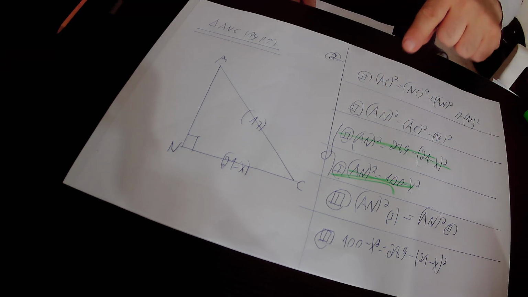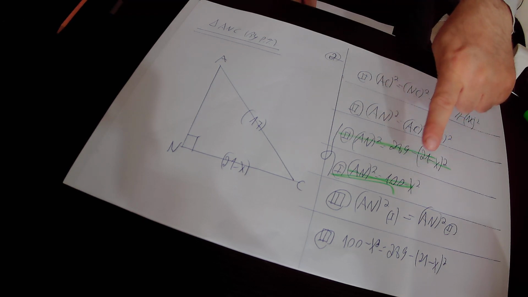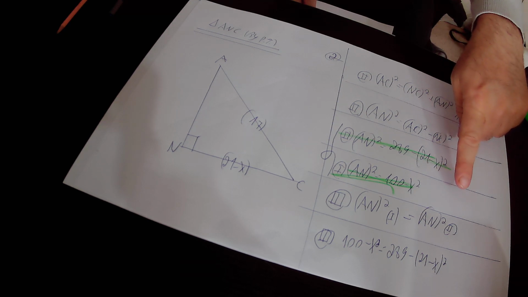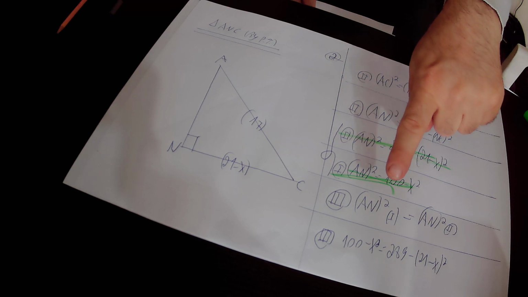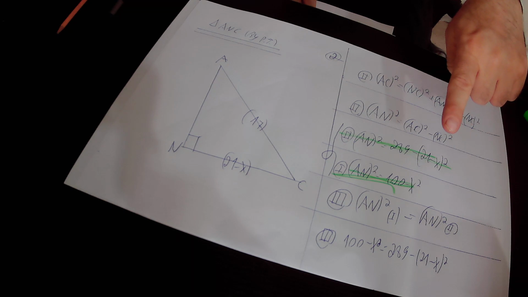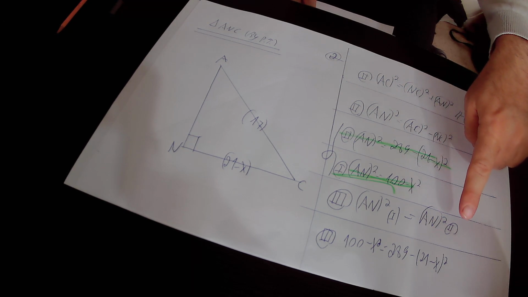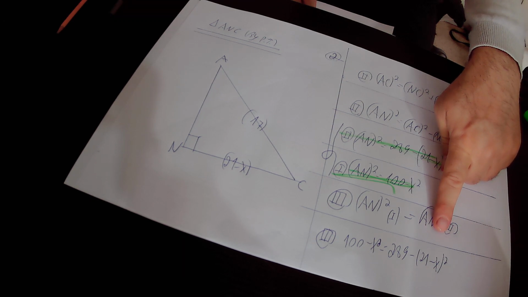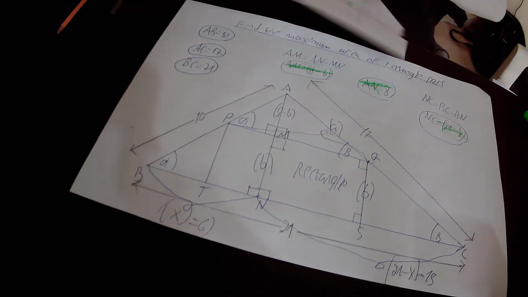So we have two different equations for the value of AN square. Therefore, we get equation 3, which states that AN square according to equation 1 must be equal to AN square according to equation 2. AN square according to equation 1 equals 100 minus x square, and it must be equal to AN square according to equation 2, which equals 289 minus (21 minus x) squared. Here we open the brackets of this expression, (21 minus x) squared, and we found out that according to this equation 3,